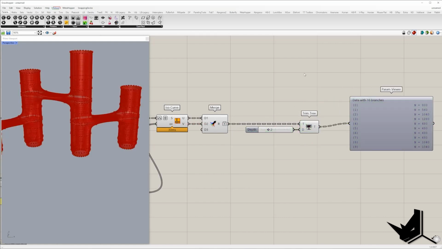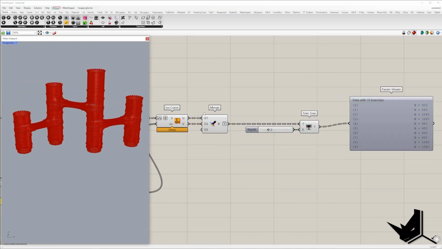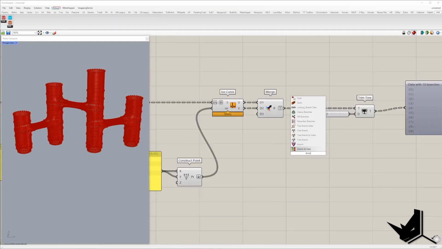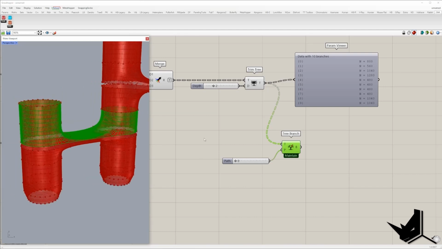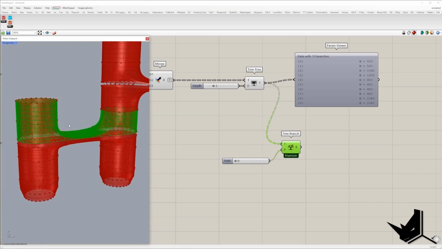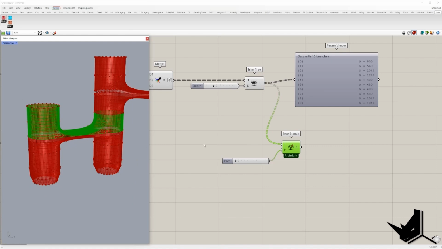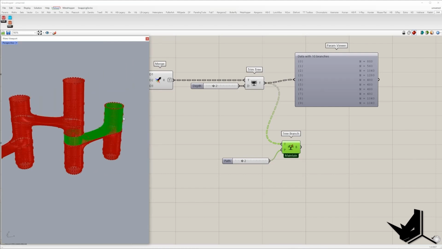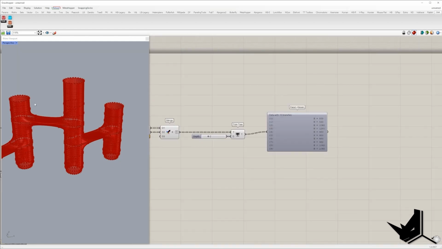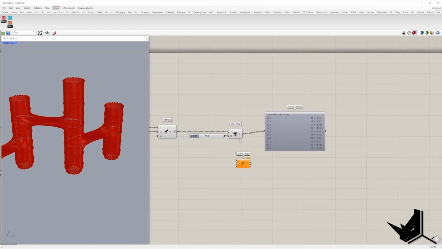Inside each branch we get ISO curves related to their sub D, and we can visualize some of the branches. Here I will type any values from 0 to 9, and you can see that in branch 0 we have ISO curves related to this sub D. In branch 1 we have another set of ISO curves, in branch 2, and the same logic for each branch from 0 to 9. In the next step I'm going to join them,